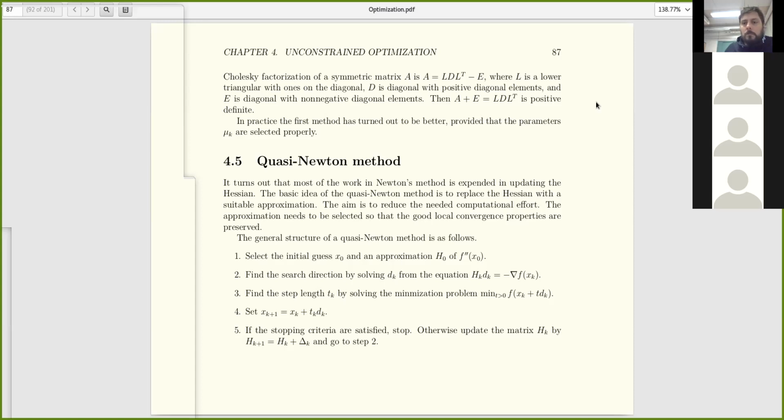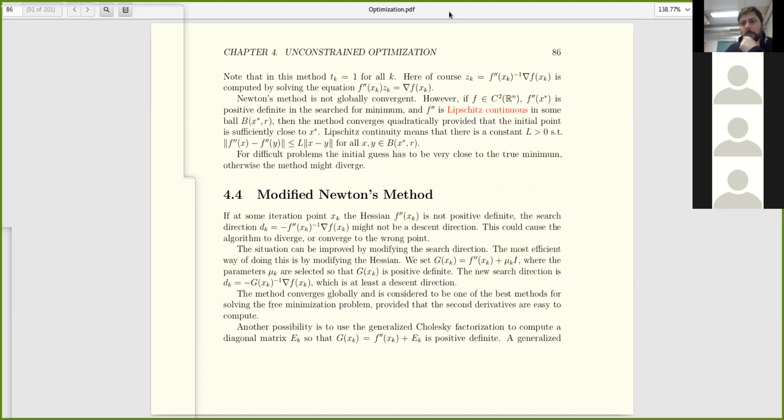Before we move on, I had maybe a straightforward question. I know from linear algebra that if a matrix is positive definite, then it's invertible. So if it's not positive definite, it shouldn't be invertible. Well, if it's not positive definite, it can still be invertible. The thing is, I like to think, and this is not necessarily a generally recommended way of thinking,